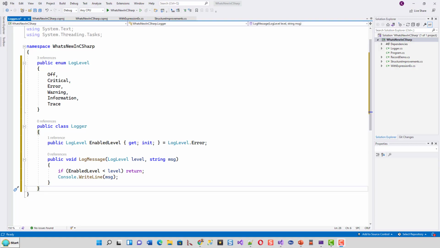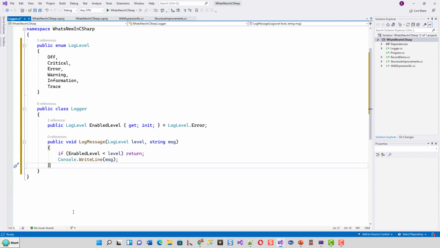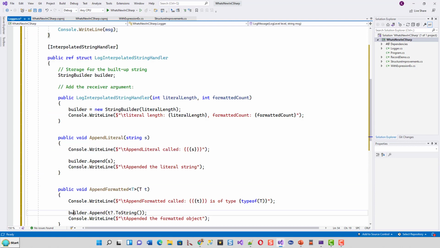Okay, now I've got some code on my clipboard and I will paste it in the Logger class just to save a lot of time typing. Okay, so just for brevity I will paste it below the LogMessage, and I'll save this.